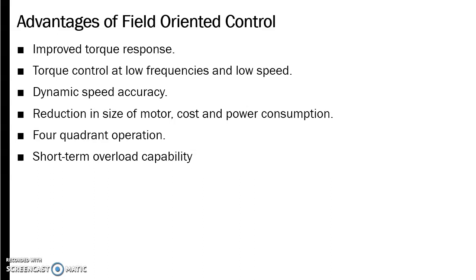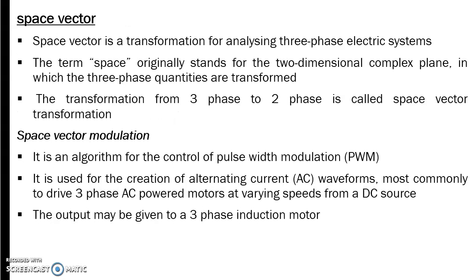some applications of coordinate transformation in the PWM technique. You know, the coordinate transformation is converting a three-phase system into two-phase. The two-dimensional complex plane is actually known as the space vector. That is ABC to alpha beta or ABC to DQ transformation. Both are converting a three-phase system into a two-dimensional complex plane. So that two-dimensional complex plane is known as space vector.